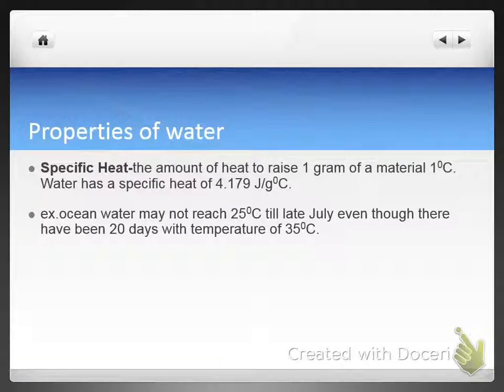So water itself is slower to add heat. And it's also slower to cool down, which is why you can go to the beach in November and the air may be very cold and cool and you not want to get in the water, but the water itself has not lost its summer heat yet. It is slower to cool down. It's also why you can go to the beach in the summer